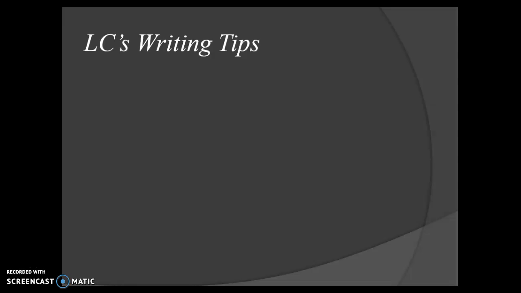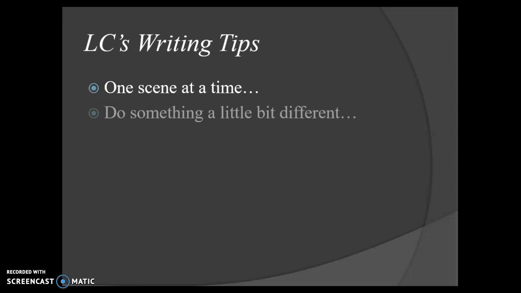These are my favorites, the ones that I use and I live by. First, write one scene at a time. A lot of aspiring novelists think they can sit down and write a book in one wave. I think if you could just pull back and write one scene at a time, and in our case, one section of one chapter of the dissertation at a time, you will be successful. And finally, do something a little bit different. What are other folks studying, and then what can you study that they maybe haven't looked at just yet? That's a challenge for you as well.